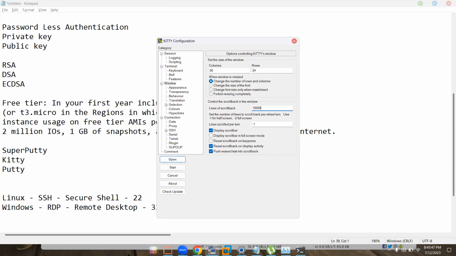Okay, so this is the number of lines you can scroll back, and please make it a huge number, and make it 2. Okay, so you can make it 2 billion or more than that. It doesn't matter, but at least this number. Okay, so